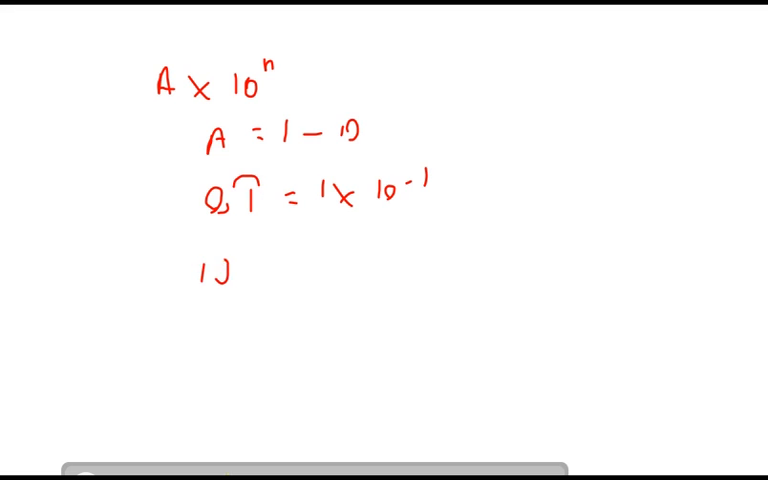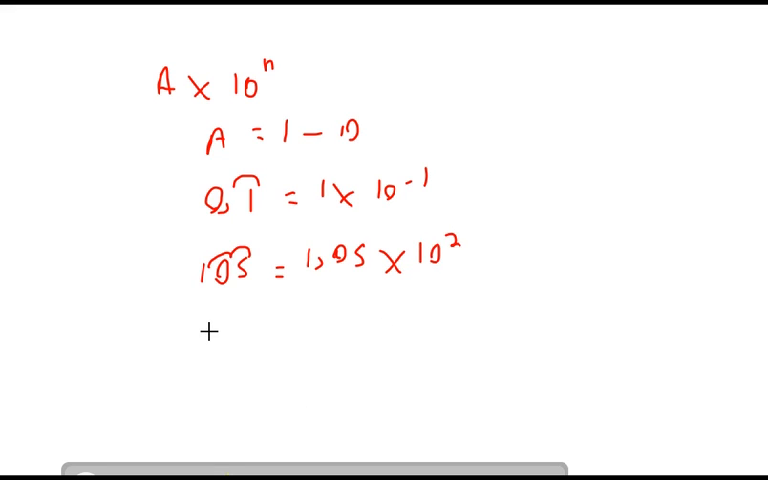So if I have 105, again my number has to be between 1 and 10, so it has to be 1.05, multiplied by, in this case, let's look at this, we are moving 2 decimal places to the right, so it's 10 to the power of 2. Okay,